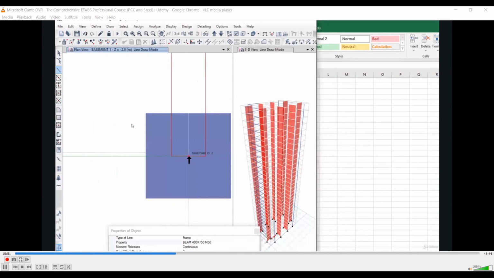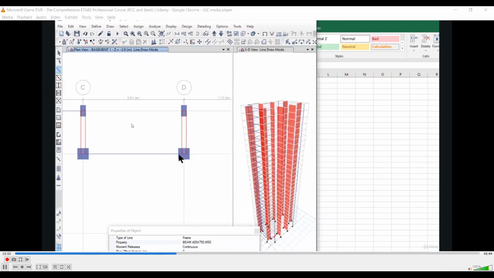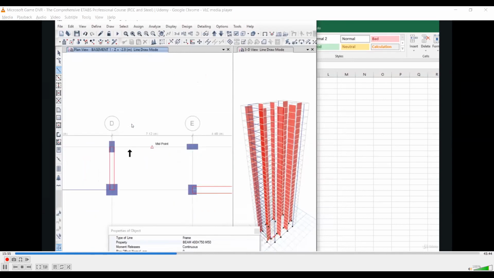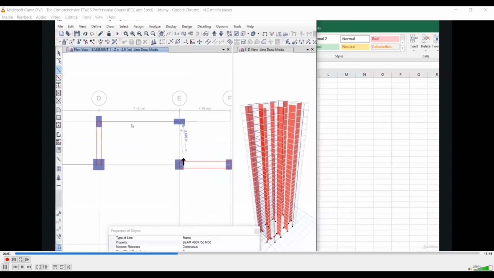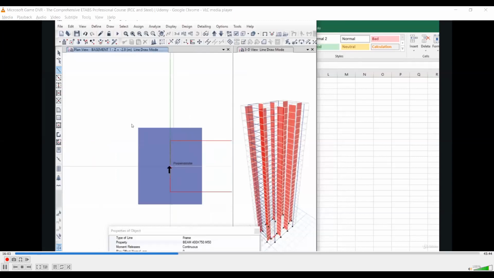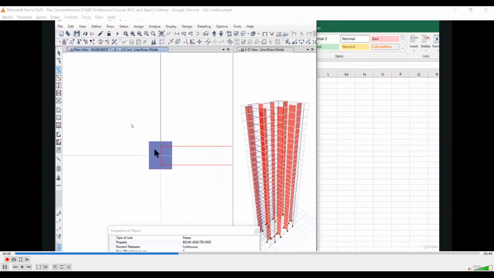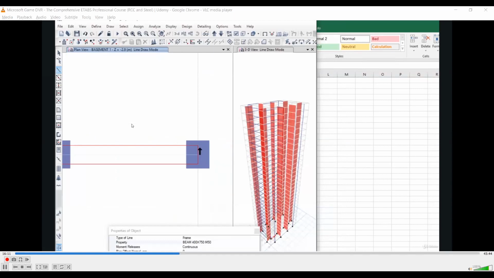Only when this grid point name is coming, then left click here. Grid point D1, no, not correct. Now it is correct. Now this is correct. So you are getting me. What exactly I am trying to say here is that we should always snap on the grid centers.